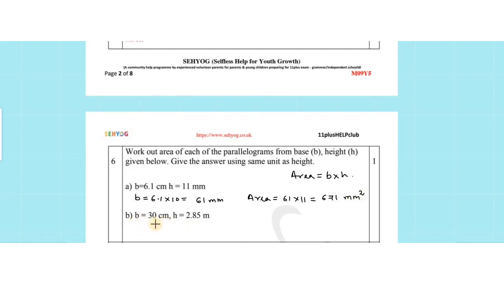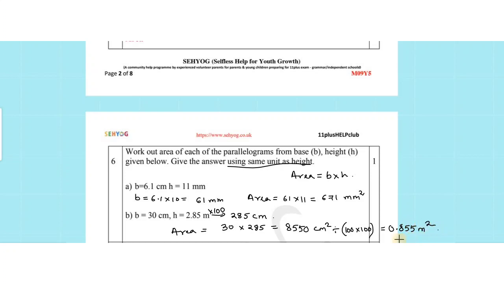In part B, we can see that meter is the bigger unit. So converting meter to centimeter, we have 100 centimeters in 1 meter. So multiplying by 100, we have 285 centimeters height. So area is equal to 30 times 285 by 2, which gives us 8550 centimeter square. Now since we have to answer in the same unit as height, which is meter, we divide again 2 times by 100, since we have square units. For area we are using square units, so dividing 2 times by 100,